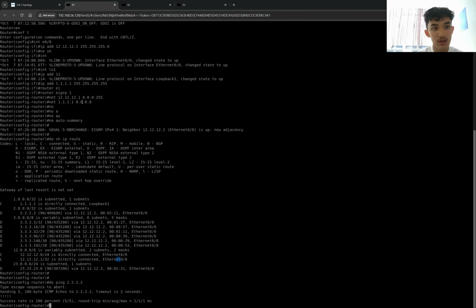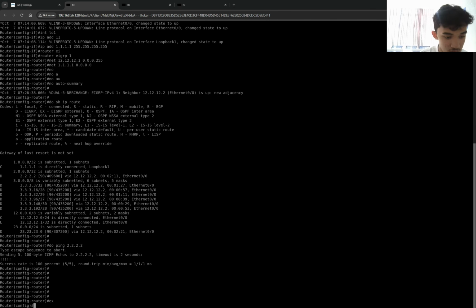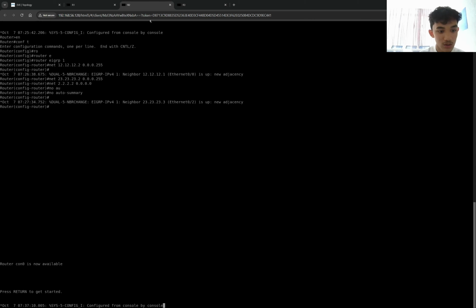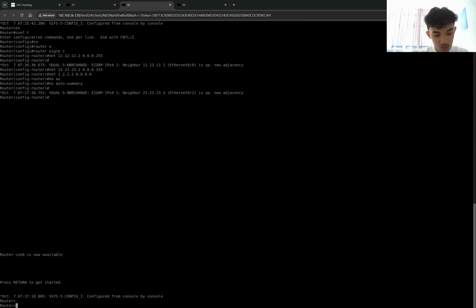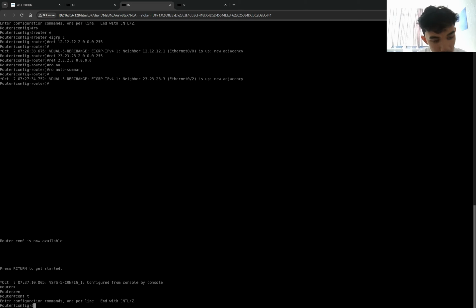Okay, for the first step, we'll exit first. Exit, go to router config, and also enable config. First step is to go to router number 1 and add the keychain, key, and key string.